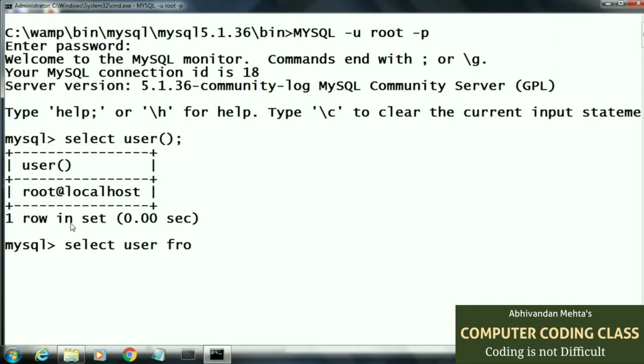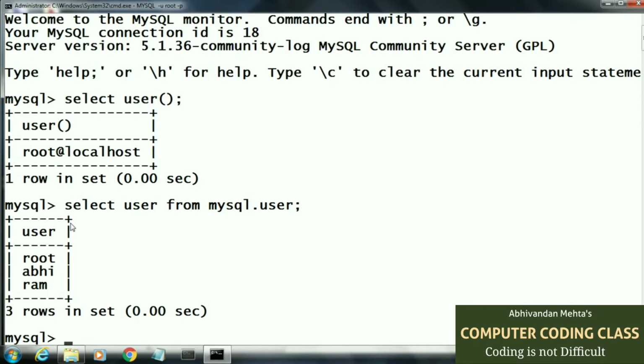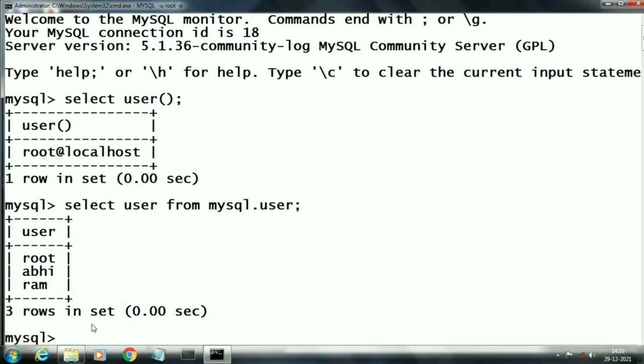Now we will check how many users there are by using the command select user from mysql.user. That will show all users available in the MySQL system. There are 3 users presently available: root, that is the administrator, and Abhi and Ram. We can switch among all these 3 users.